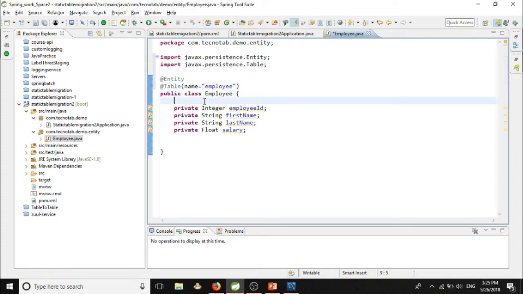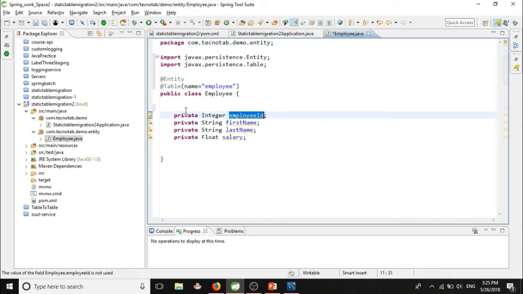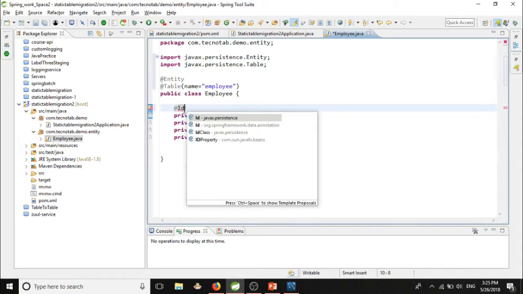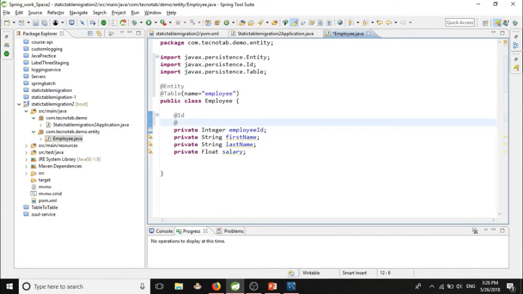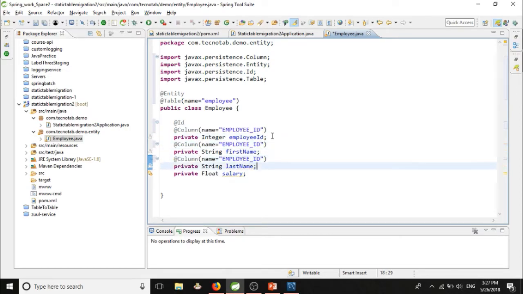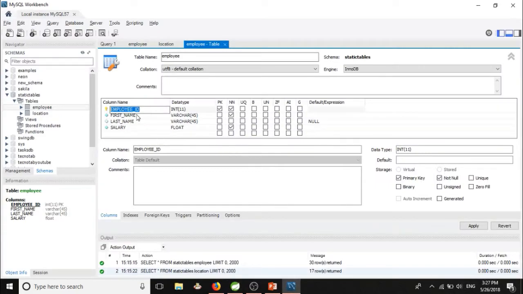Also, our primary key is employee ID. The primary key must be denoted with @Id. The column name also must be given. Now keep the column names corresponding to your fields. The first name,